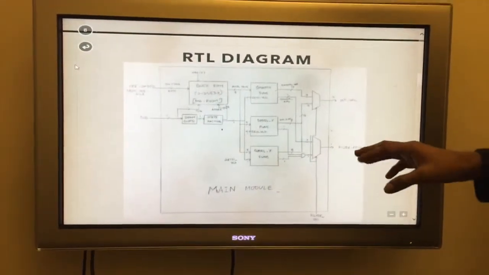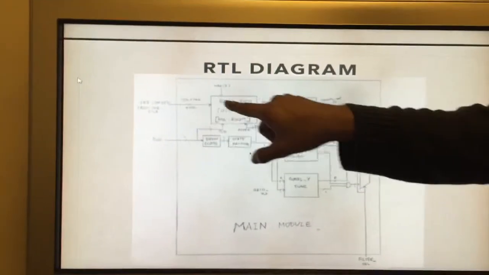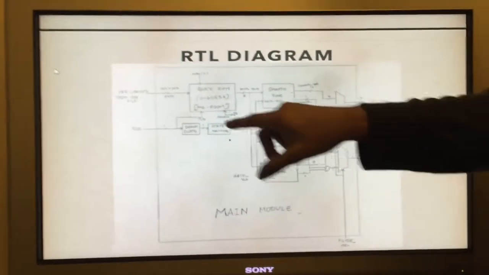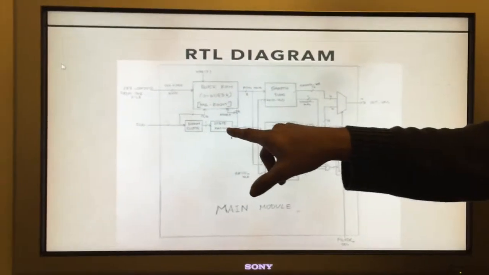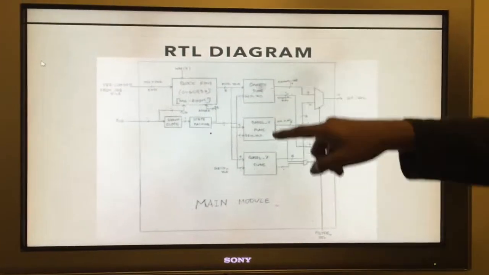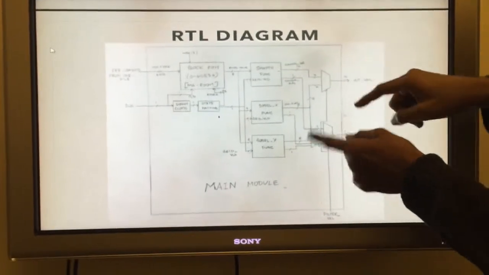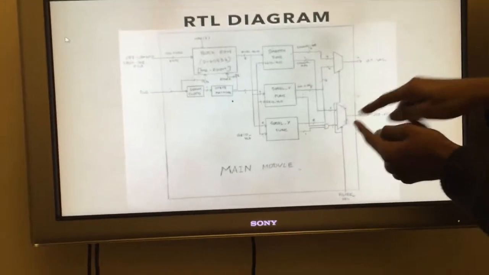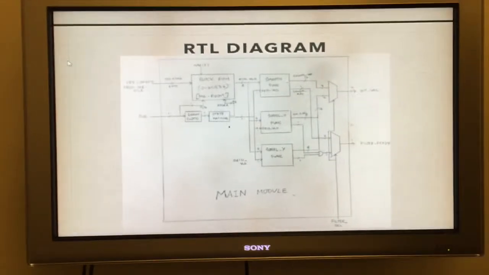Moving on, this is our RTL diagram. This is the block RAM that we initialize using the IP core. We load the block RAM using a COE file at the beginning of the process, and we read all the image values from this block RAM using our finite state machine, which generates the address and feeds these values to the 3 functions, that is the smooth function, Sobel X gradient and Sobel Y gradient. We multiplex the outputs of these functions, and then the outputs of the functions' validity, and feed them out of the circuit. So this is our RTL diagram for the project.